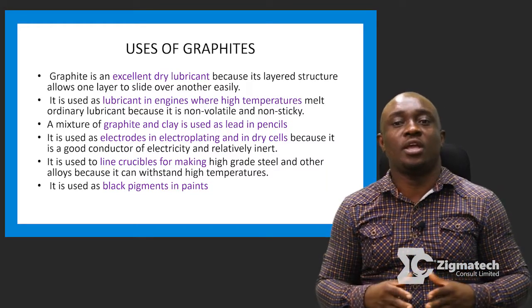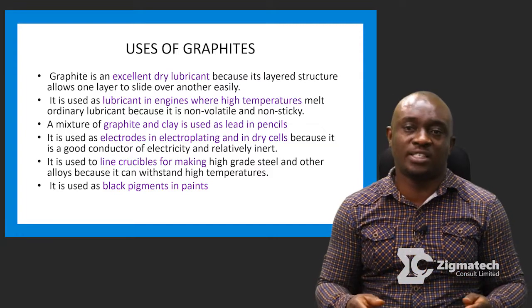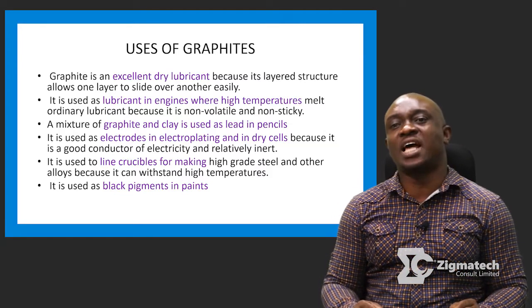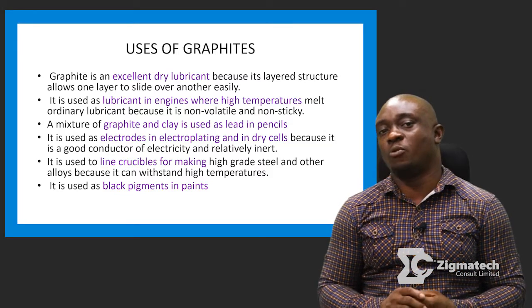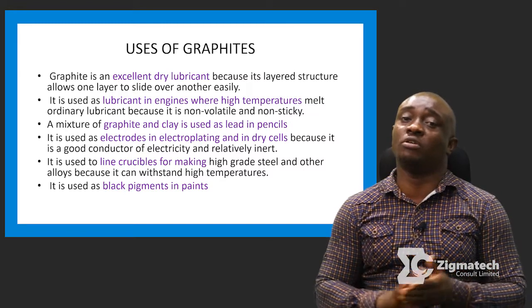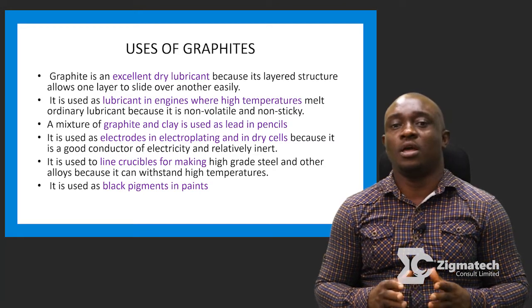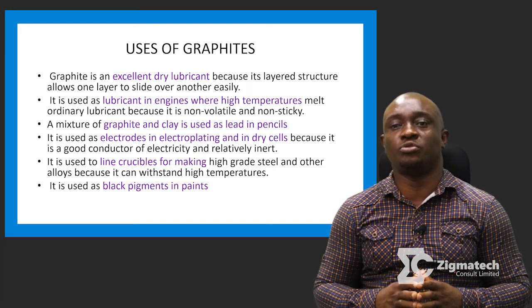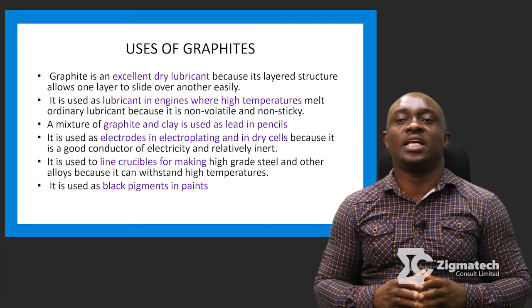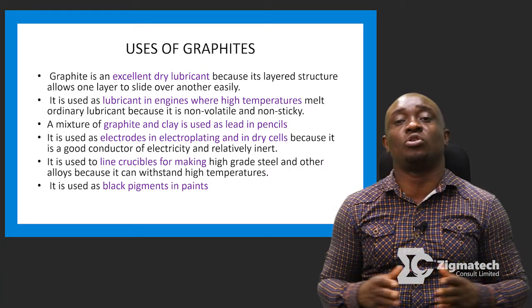Then number 3, a mixture of graphite and clay is used as lead in pencil. That is how we have our pencil today. It's a mixture of graphite and clay that gives you the interior of the pencil. Then it is used as electrode in electroplating and in dry cell, because it is a good conductor of electricity,